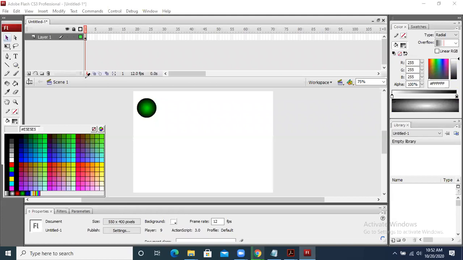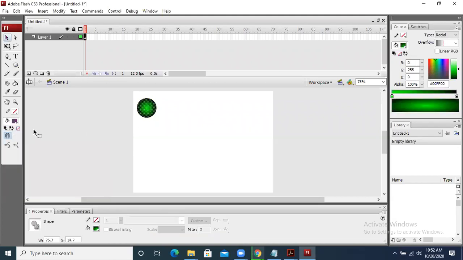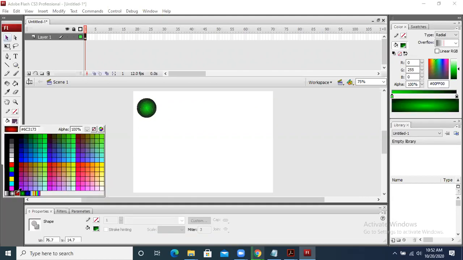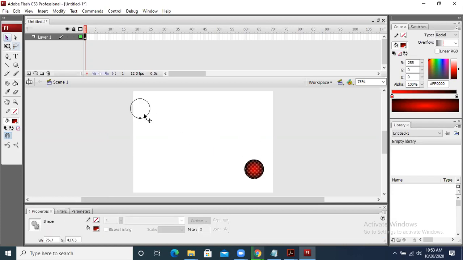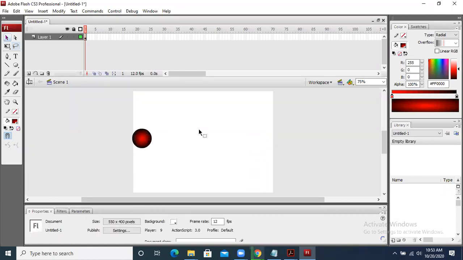Fine. So basically, before doing that, you need to select it. You will select it, and you can go and change its color. This is the important thing that we need to understand. And if you want to change its position, you must have this cursor, which is basically selection tool V. So we can place it here and there. The selection tool's identification is that it contains a dotted rectangle with it. When you bring the mouse cursor, it changes to a selection tool, and you can change the place of the object anywhere in your animation, just like I'm placing it over here. So this is quite a simple thing.